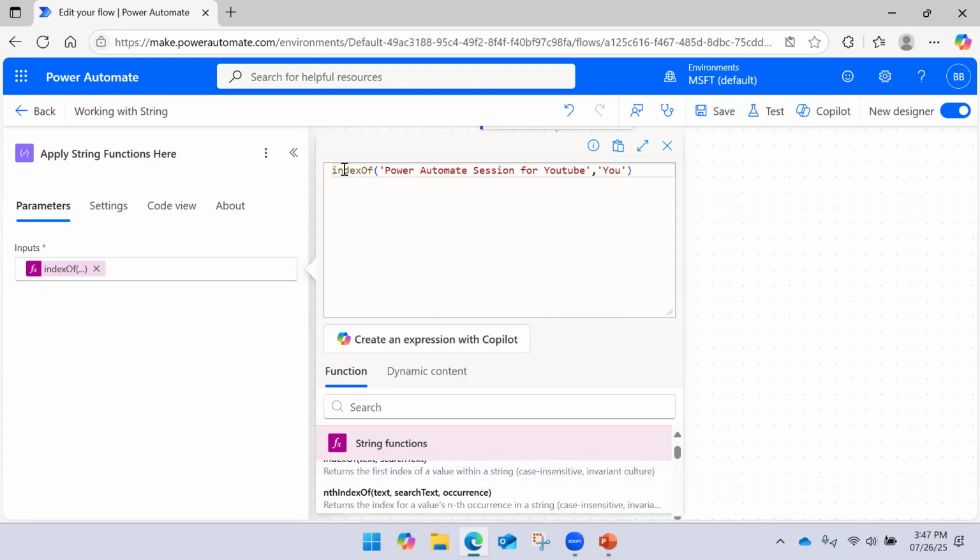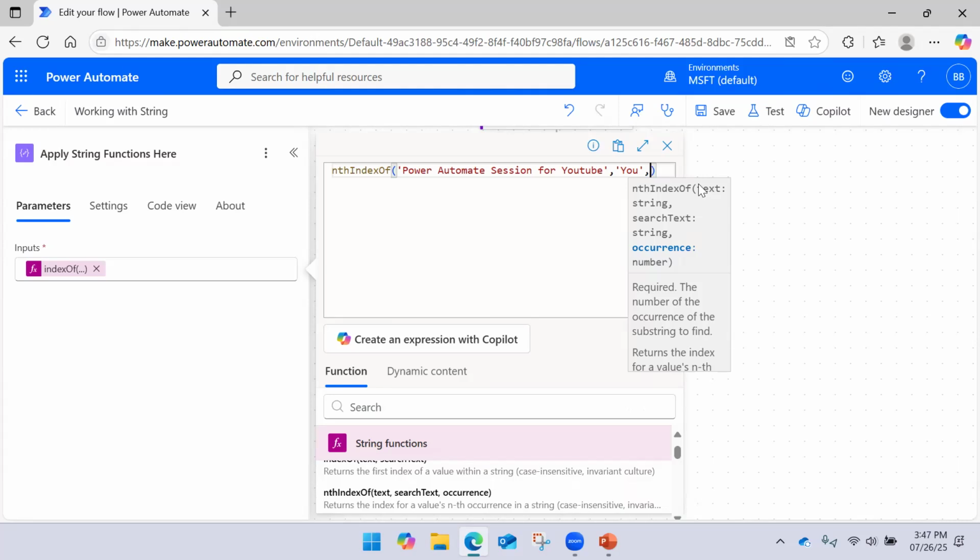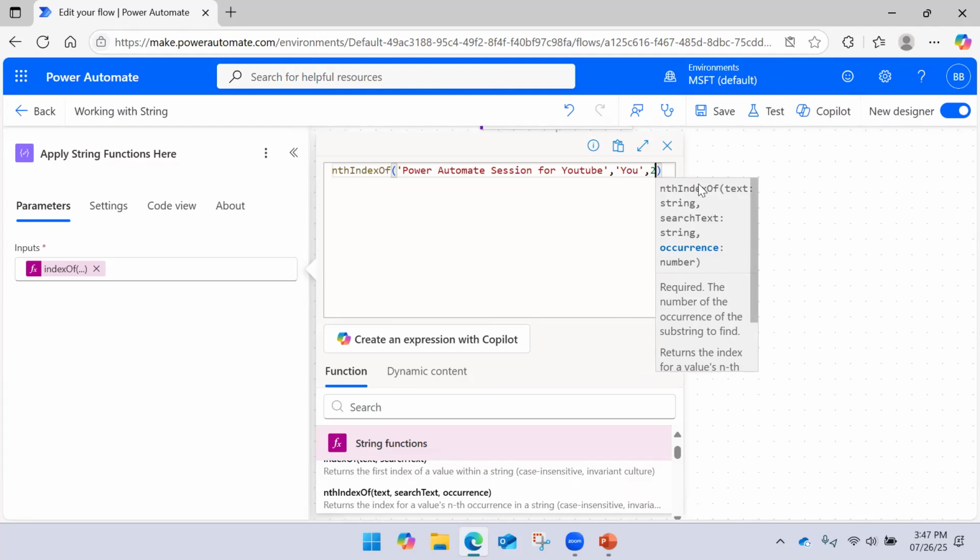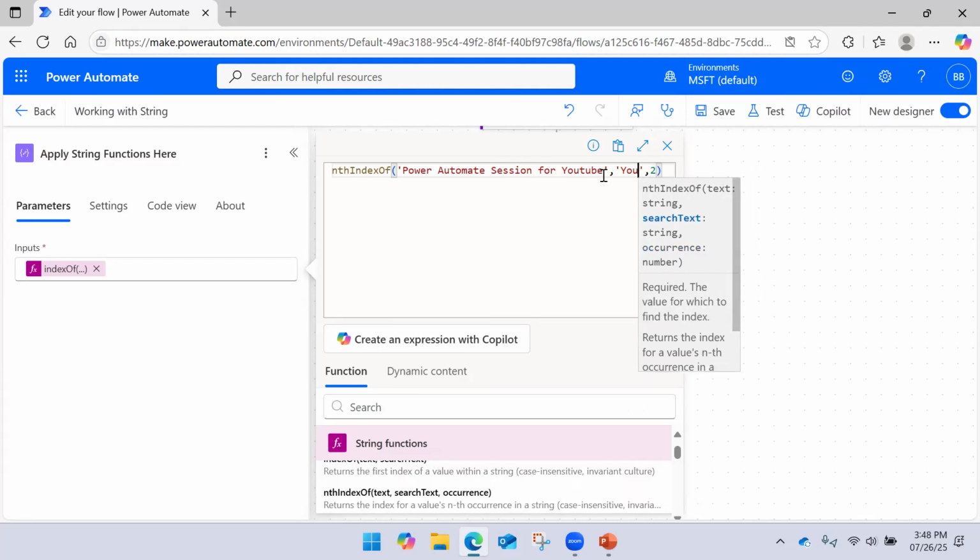And here, if I just modify this function like this, nthIndexOf, okay, and this is the function. And here, if I say you should occur a second time. But this is not possible. Let me say yes. Okay, so I will search for the yes.